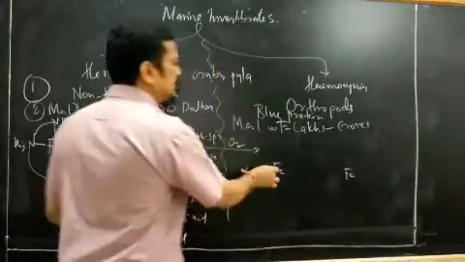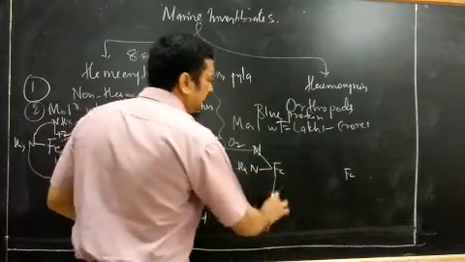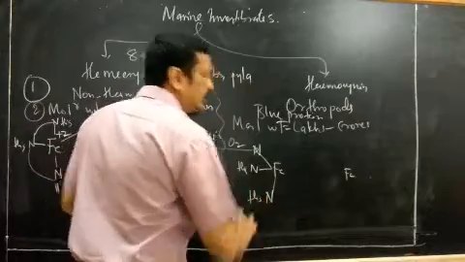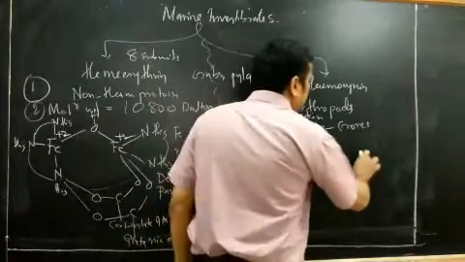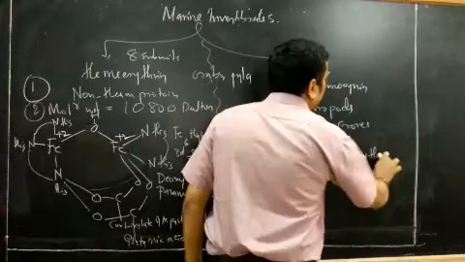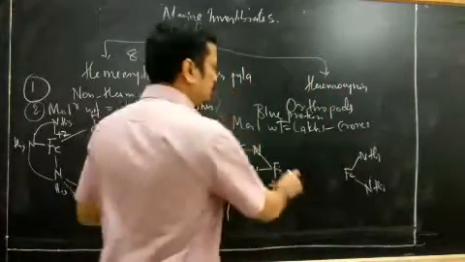Iron here has been attached with three nitrogens of histidine. This is attached with two nitrogens of histidine. So nitrogen of histidine here, and here also nitrogen of histidine. Okay, and this is a hydroxyl group here.